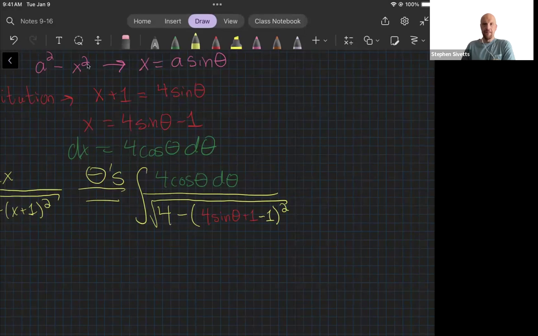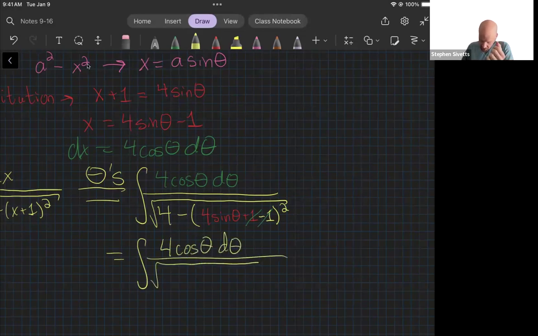Okay. So if we combine like terms, 1 minus 1 is 0, so these cancel. And we now have the integral of 4 times cosine theta d theta divided by the square root of 4 minus 4 cosine,